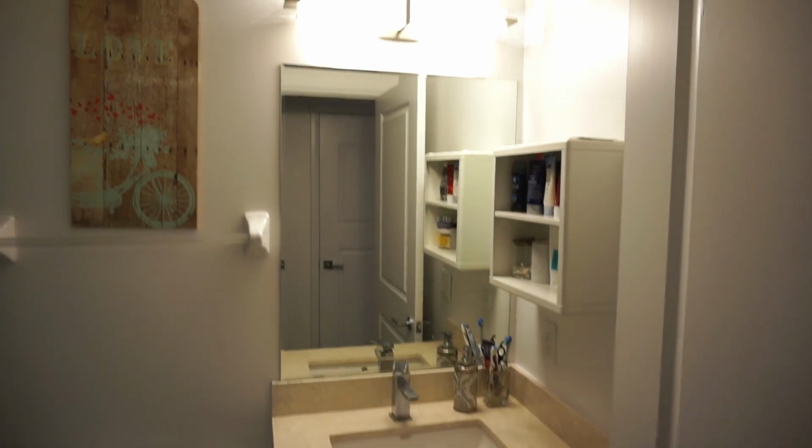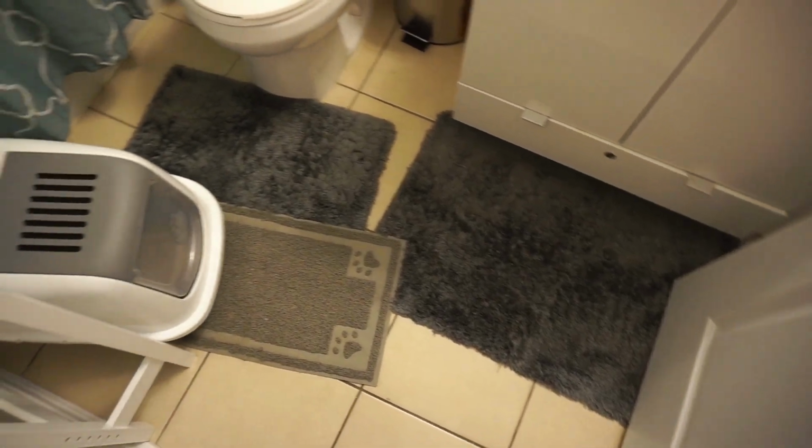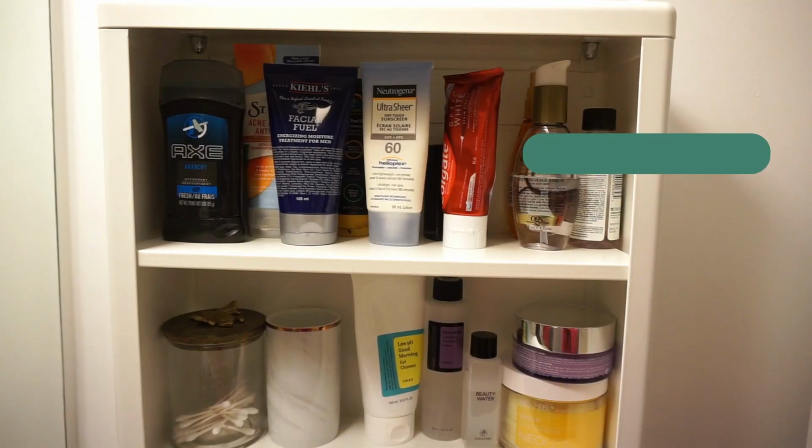I really wanted to bring a little bit more light into this space because as you can see, there is absolutely no natural light coming in, and the countertop as well as the tiles are more of a yellowish color. So everything needs to change. The countertop, the tiles, the wall art, the litter area, it's so congested, as well as this medicine cabinet, which seems to be very untidy with everything being shown. So through this makeover, I'll be doing these little changes, and if you're interested in seeing the end result, then